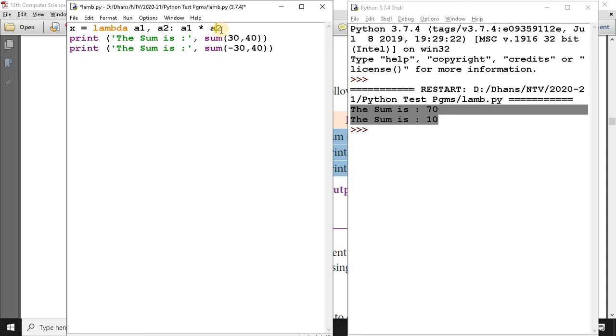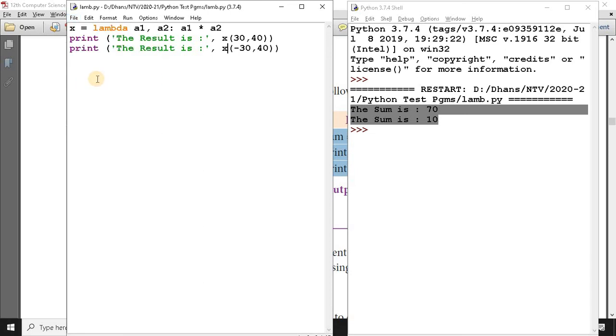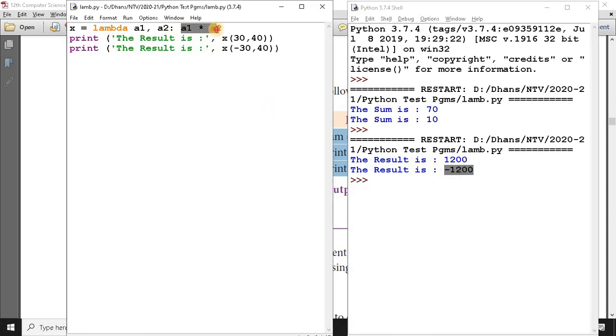Okay, that is also possible. Then the result is X. So editing, let me say one more example for you. The result is 1200. So this expression is evaluated.